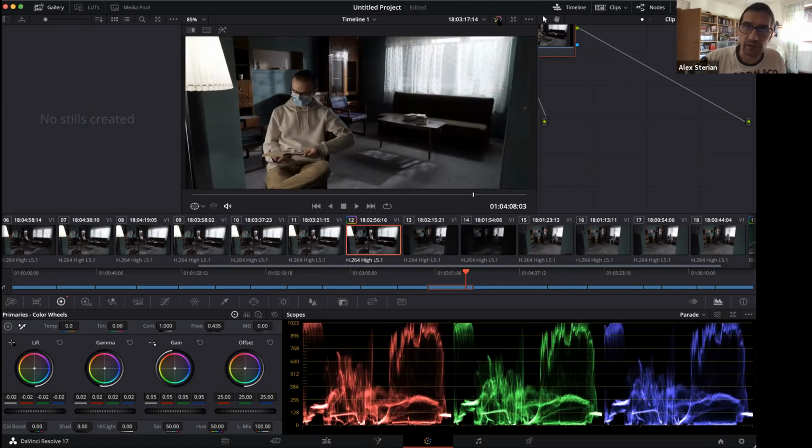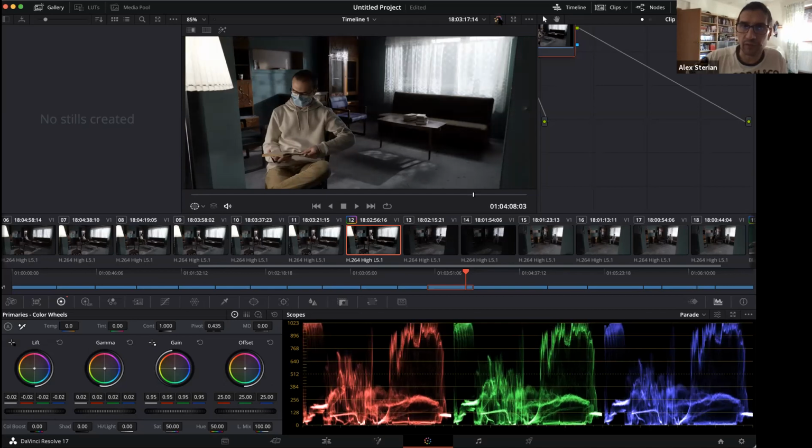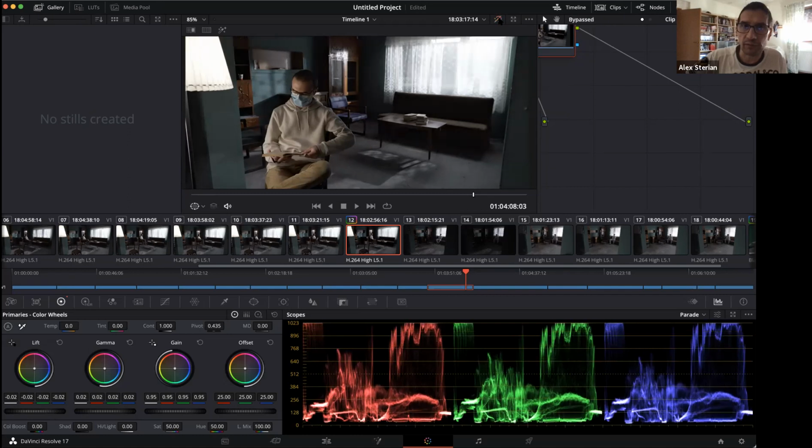It's just an adjustment of specular highlights and the areas where the whites are clipped here in the window, in the curtain, which are adjusted here. So all the rest, I tried just not to